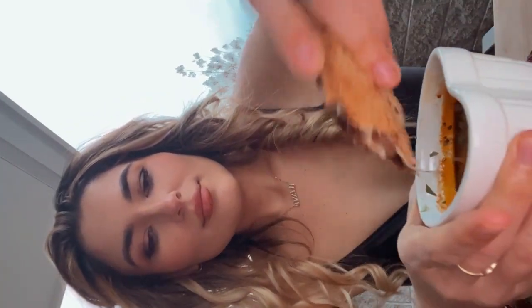Today I'm going to be sharing with you how I make my birria. If you have not heard of it, which is a little bit crazy since it did go kind of viral on TikTok, eating quesabirrias, quesabirria tacos and all that. But this is a traditional dish that we grew up eating, but I'm going to show you how I make